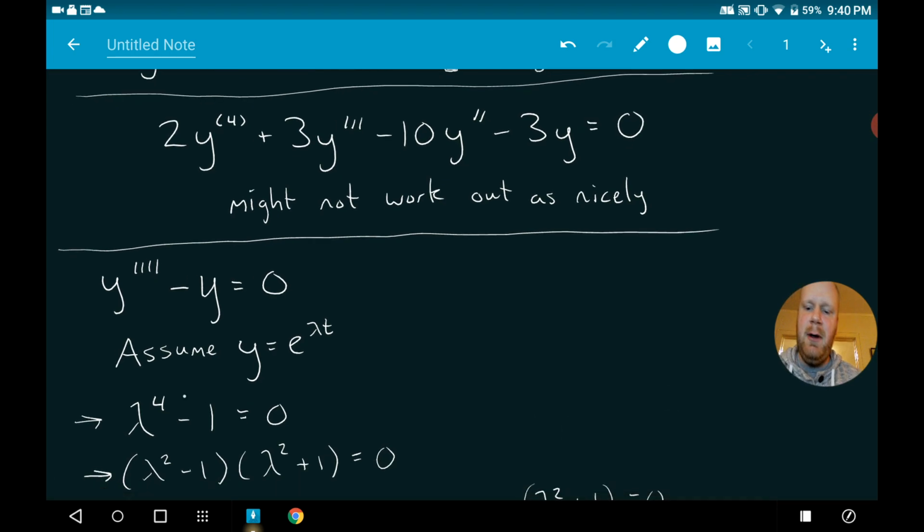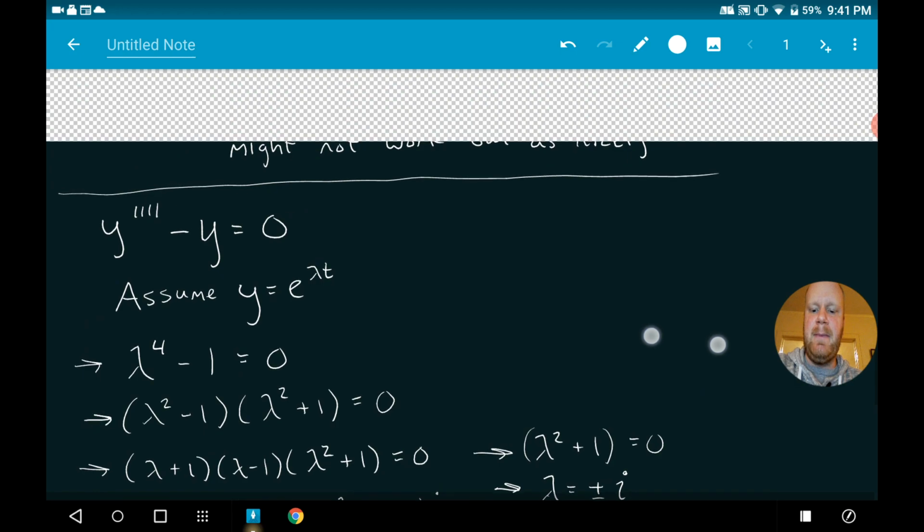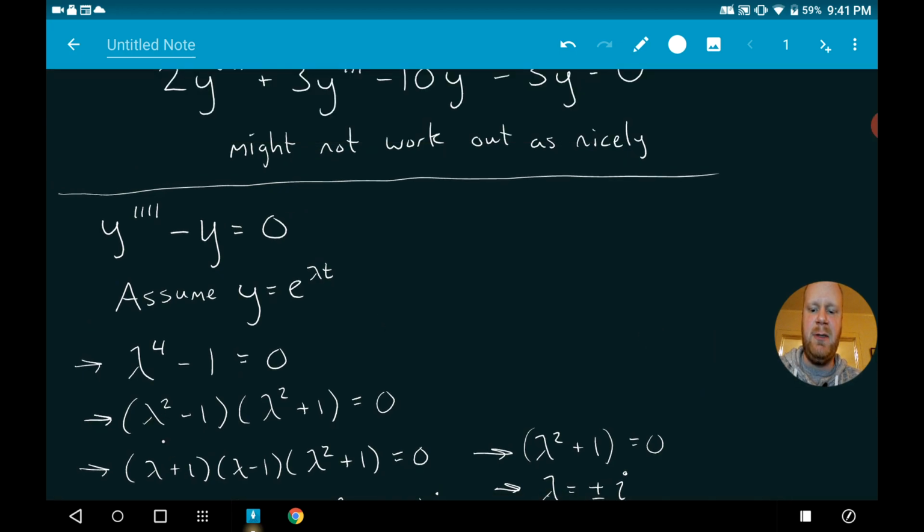You have something squared minus something else squared. So in this case, lambda squared minus 1 squared. So we can split it up in this way. And then now we've got 2 quadratic formulas that we can split up. I'll show you, split this one up to be lambda plus 1, lambda minus 1. And then this one,